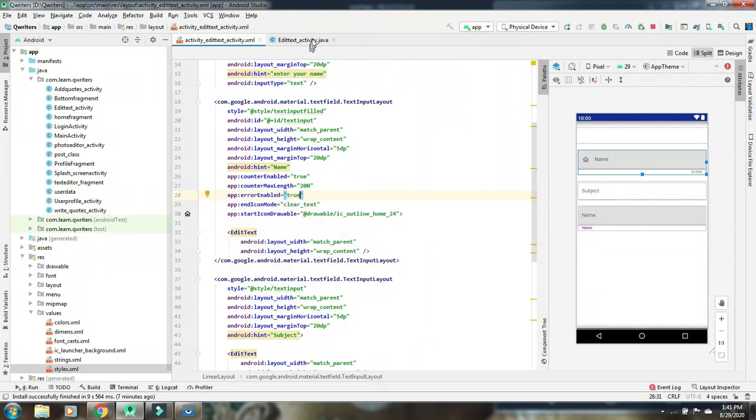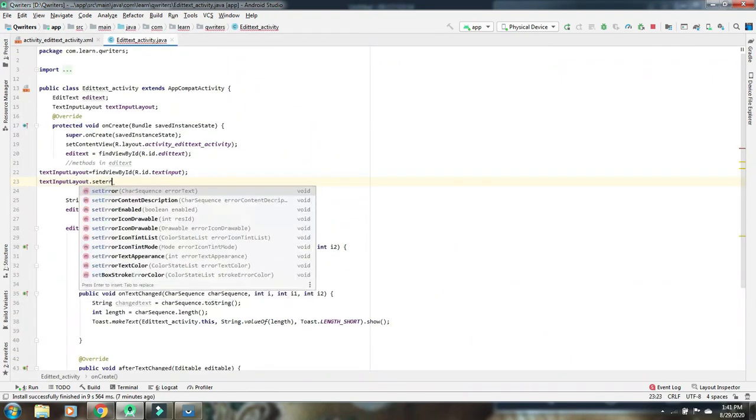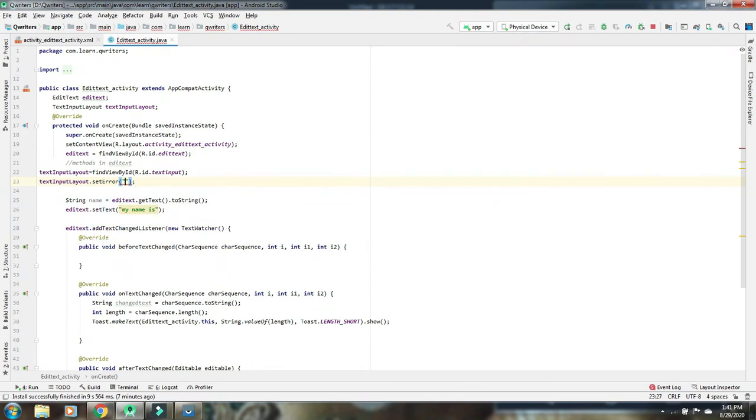Then here you can define the text which you want to show as the error. So setError, specify one text, fill the content. Now let's run the app.